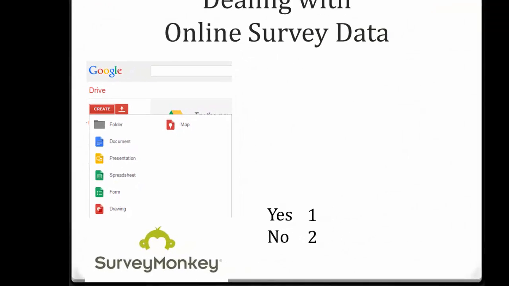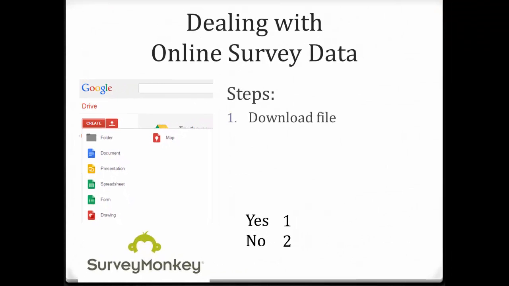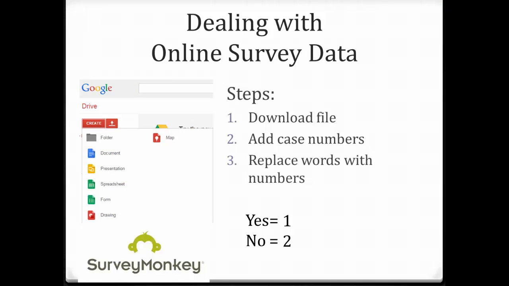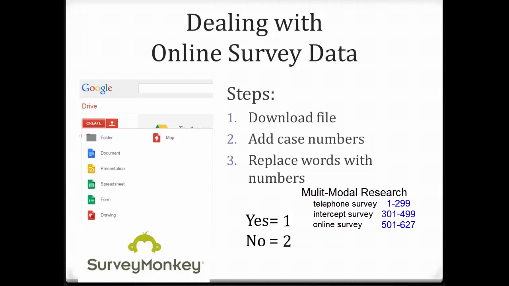Your steps here are to first download the file, then add case numbers, and then replace the word answers with numeric codes. However, if you are conducting multimodal research, say for example you're doing a telephone survey and an intercept survey as well as the online survey, then you will need to combine this data with another file. In this case, make sure that the case numbers in each of the files are different so that you don't